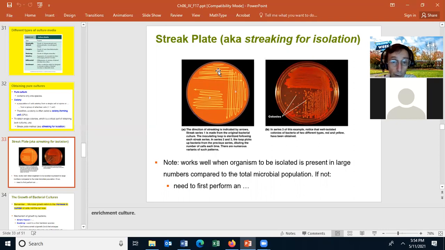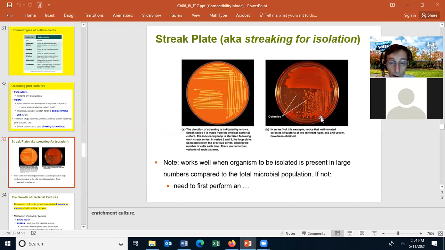You do not want to go through the top of quadrant 1 because this will have the highest concentration of bacteria, but you do want to pick up a little bit of bacteria from quadrant 1 so that you make quadrant 2. And this drawing doesn't quite show it. What you really want to do is, at the very start, go through quadrant 1, which is showing you here, picking up cells and then streaking out quadrant 2, and then sterilize your loop in the Bacto incinerator, and then